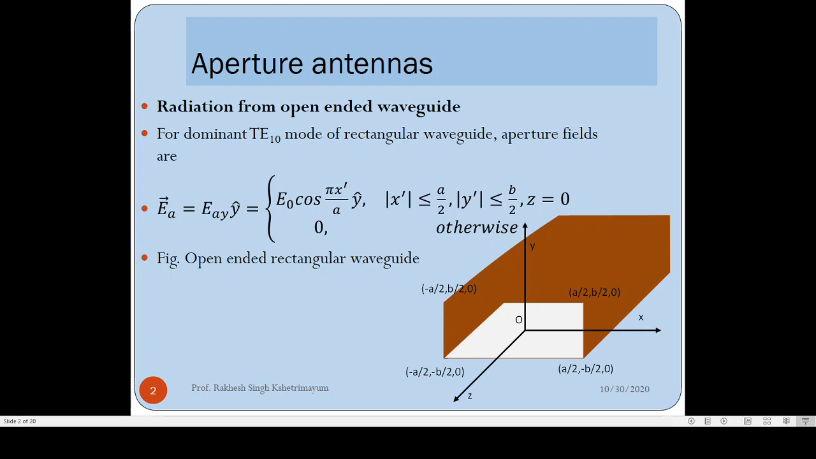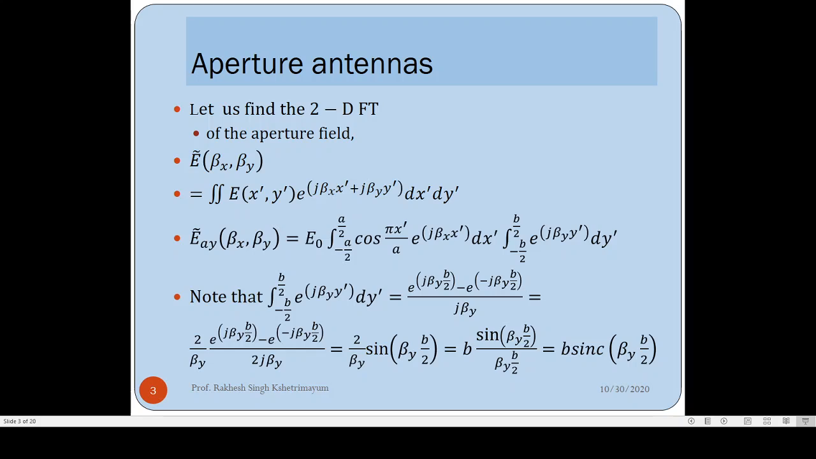For aperture antennas, the analysis is a three-step process. First, establish the fields in the aperture, then you find the 2D Fourier transform of the aperture field, then you use equations 24.1 and 24.2 to find the fields. So the second step is to find the 2D Fourier transform of the aperture field, and this is the expression for the